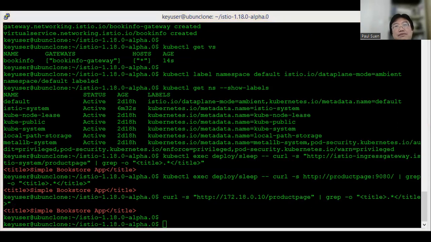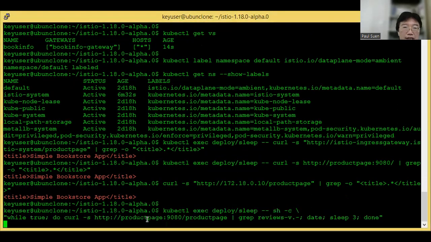So now, before we define a specific virtual service for the reviews service, let us just access the product page service with this product page URL path, as I mentioned in the diagrams in the architecture slide.